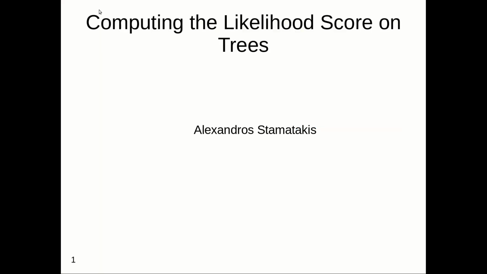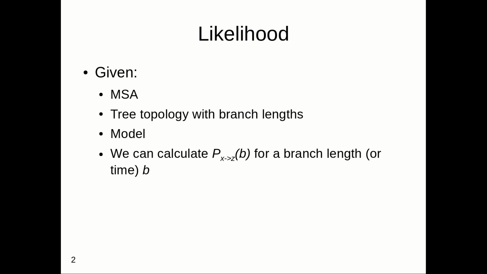So, welcome to the lecture on computing the likelihood score on phylogenetic trees. Let's first think about what is given when we ask this question: how do we compute the likelihood on a tree? To make things a little bit easier, what we assume to be given is a multiple sequence alignment, a fixed tree topology with given branch lengths, a model of nucleotide substitution, and we simply assume that we can